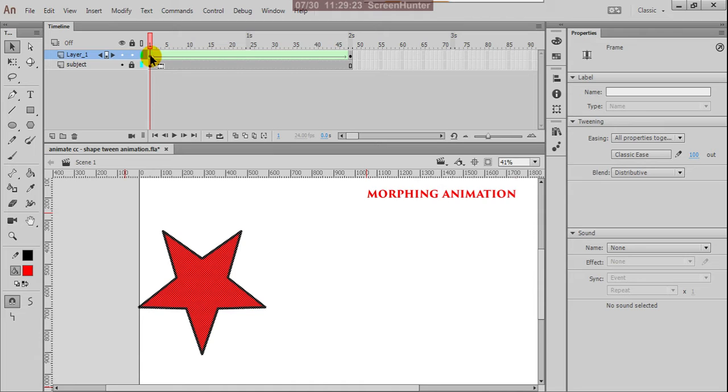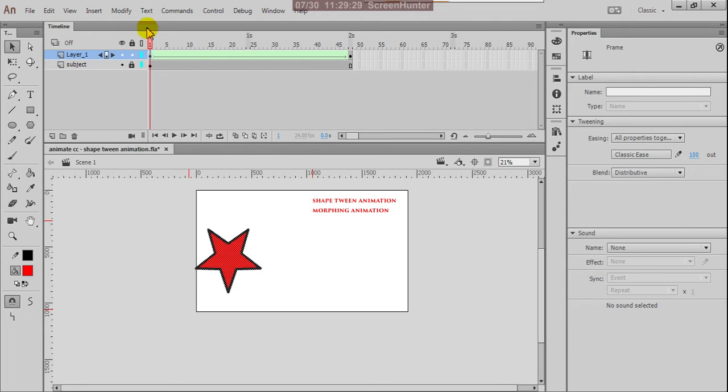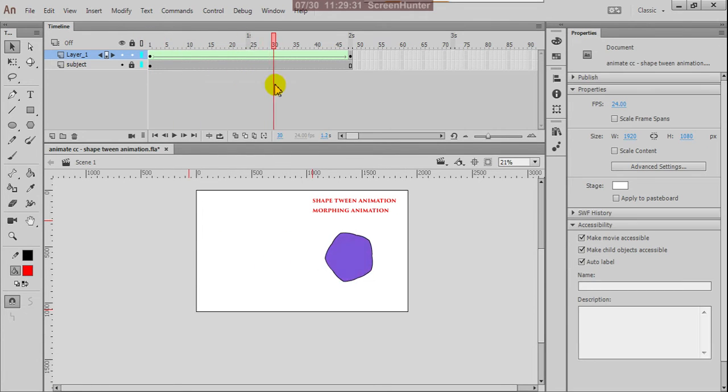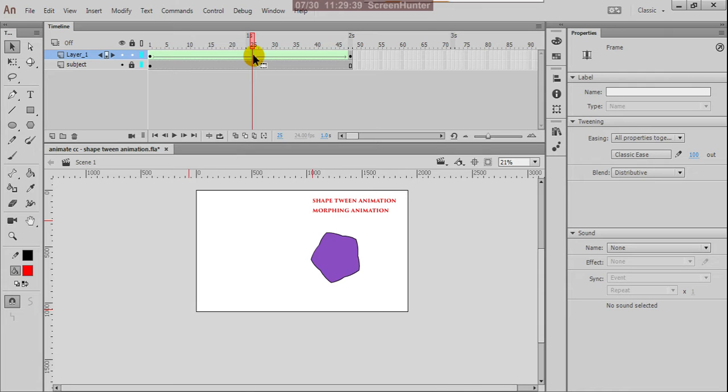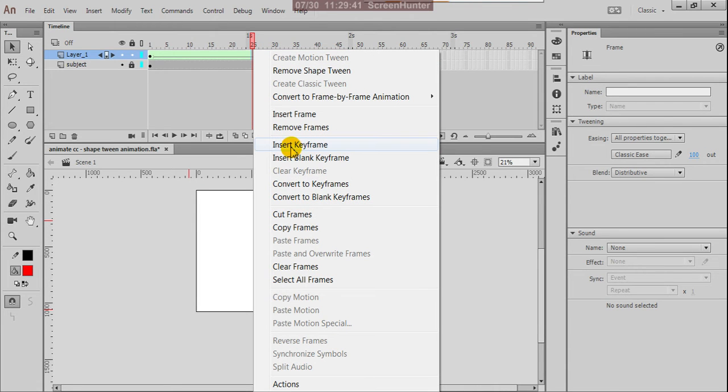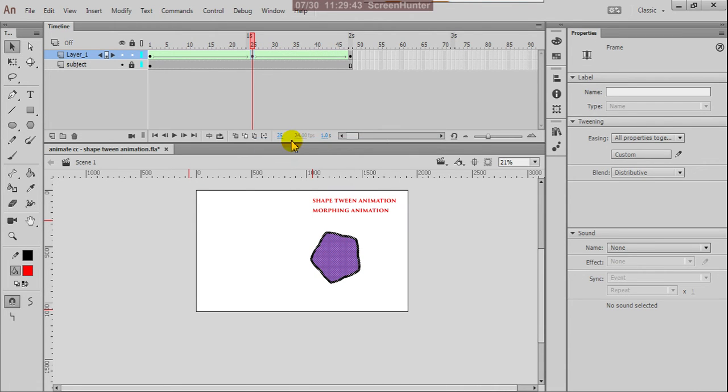Now here, I want to change the direction of the object. Suppose it is coming horizontally, but here at the 25th frame, right-click and insert keyframe.